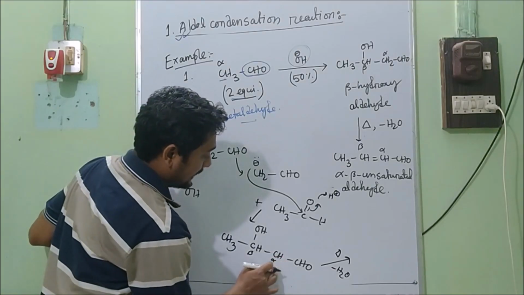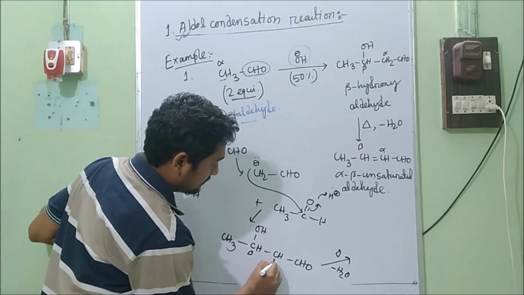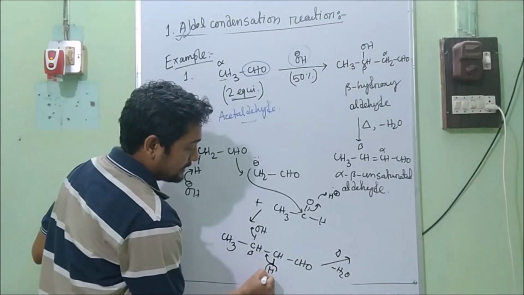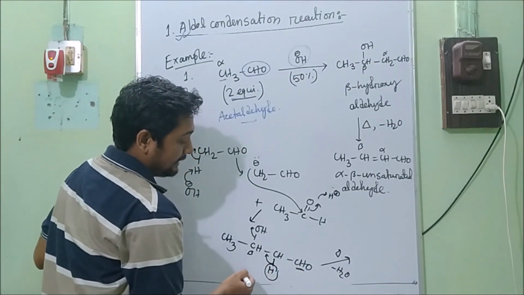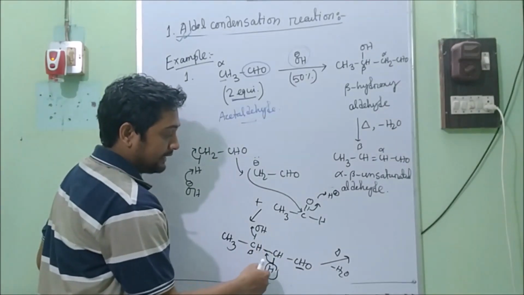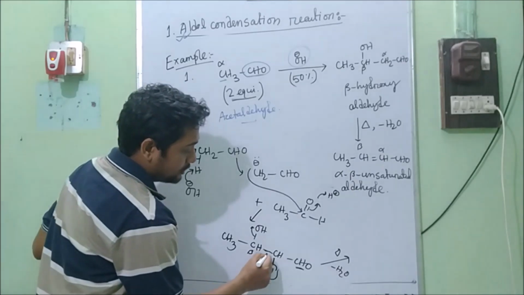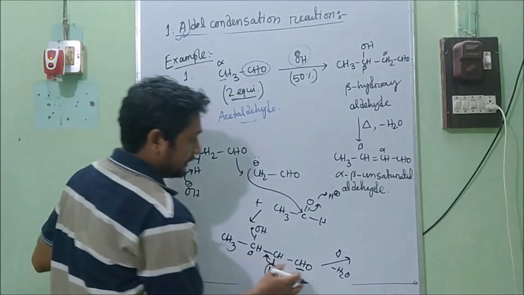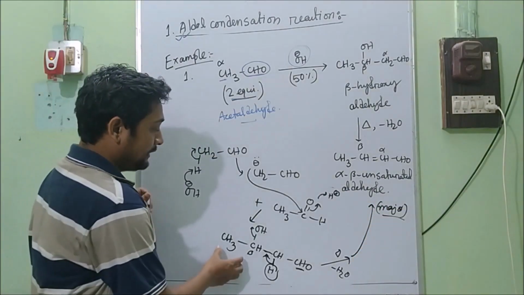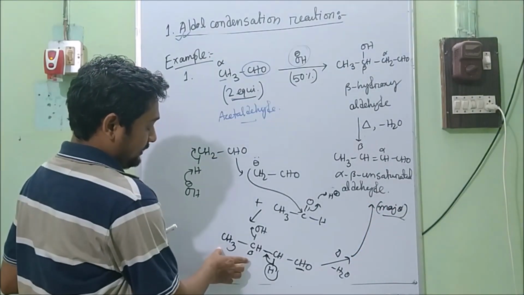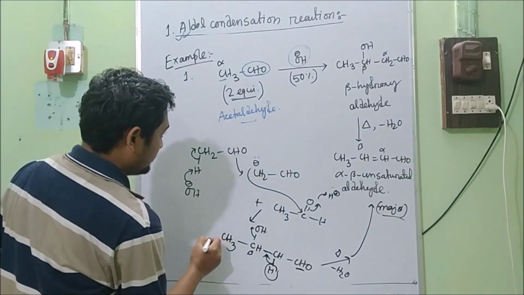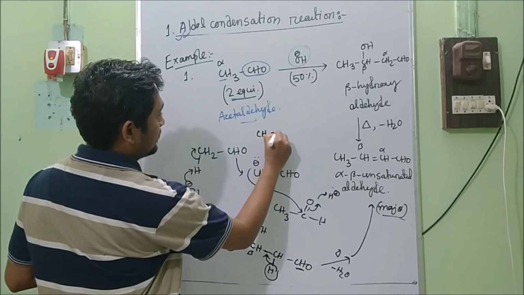How? This hydrogen will go. Why? Because this hydrogen is more acidic because of this carbonyl compound. And again, according to Saytzeff, a more substituted alkene is more stable. That's why this will go, and we will get this product as the major product. There is a possibility to eliminate from here also. If we eliminate H plus from here, then we will have the structure CH2 double bond